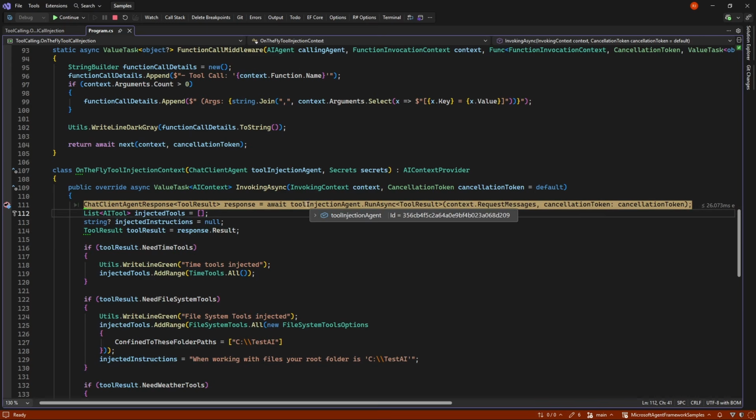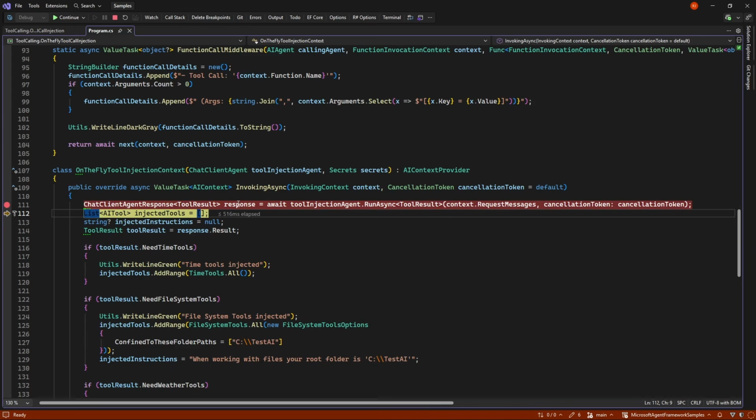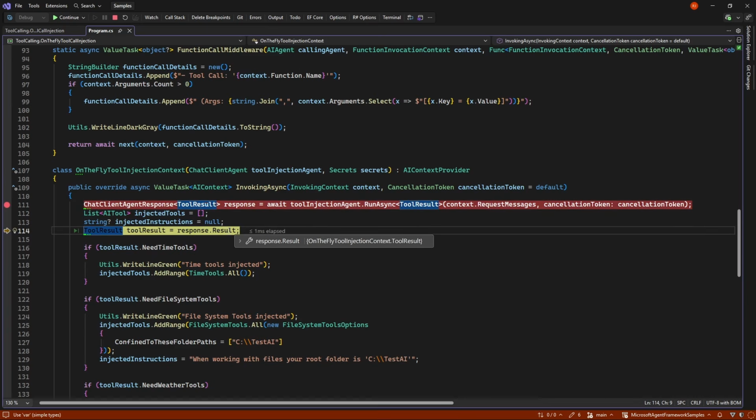And we're using the tool injection agent here to check if any of the tools, based on that message, sounds like something to be about time, weather, or files. And if we do that, we get a response back here that says, yes, we don't need file tools, we don't need time tools, but we need weather tools, because it can see that's what we are after.